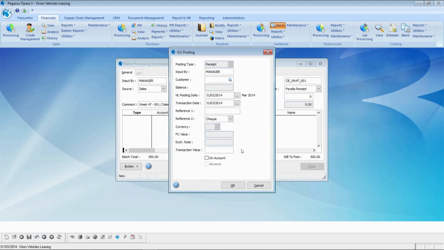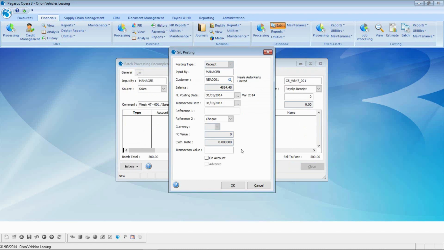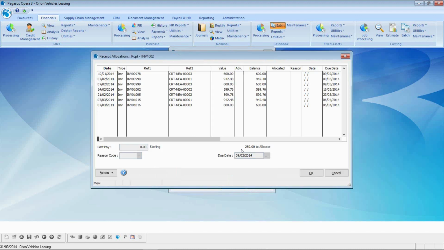let's go to the next account. This is going to be Neil Auto Parts. This is going to be another receipt. Whatever invoice number it happens to be. This is for £250. That was this particular invoice here, so part pay that invoice £250. Okay,